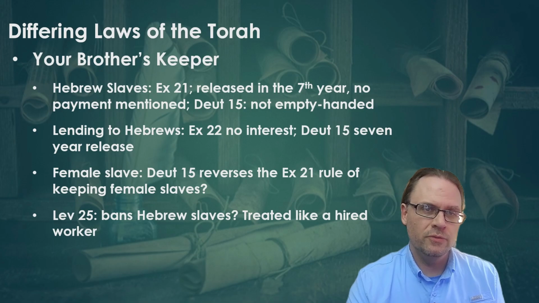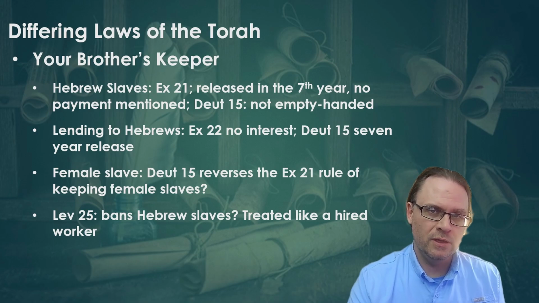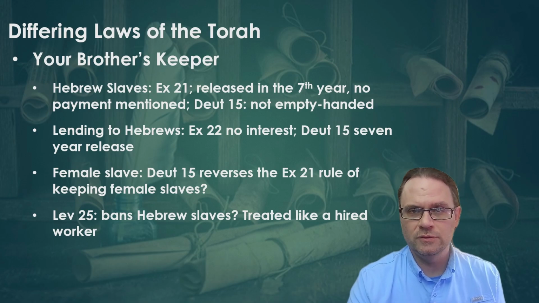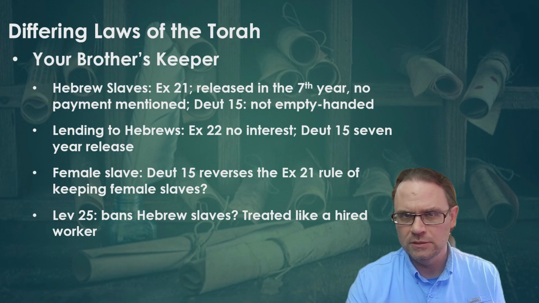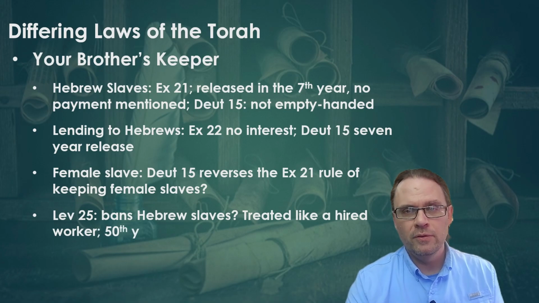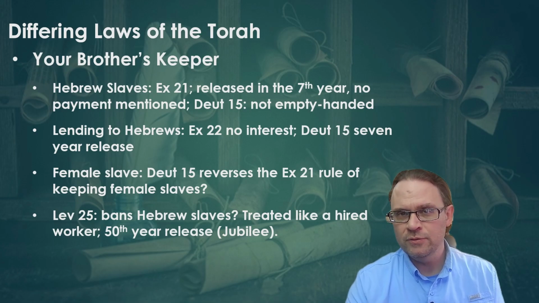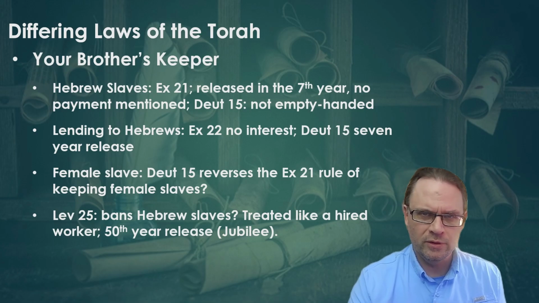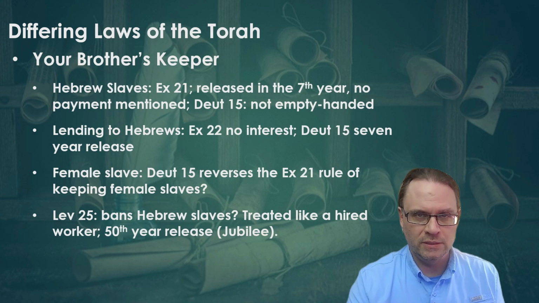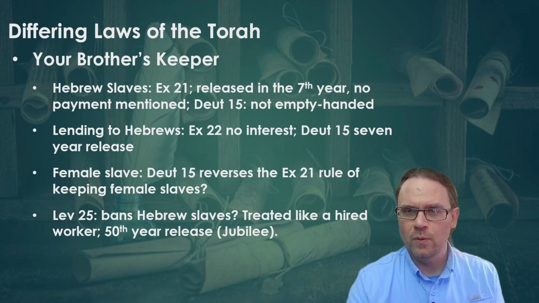Note that this builds on the generosity of Deuteronomy 15, which only says you should give them gifts when they go out. Leviticus 25 also requires that the servant and their families were to be released to return to their property of their inheritance, but not on the seventh year, as in Deuteronomy 15, but on the year of Jubilee, which only came around every 50 years. So the idea of treating your fellow Israelite not as a slave, but as a brother, is found in both Deuteronomy and Leviticus, but the details of the laws are quite different.